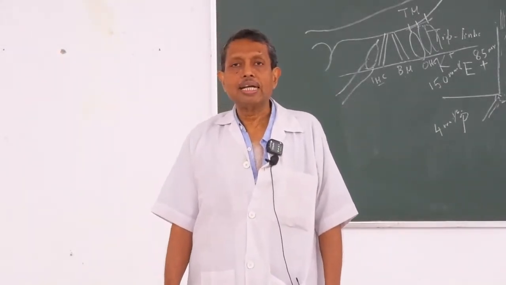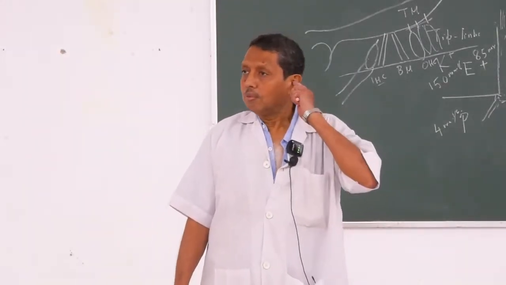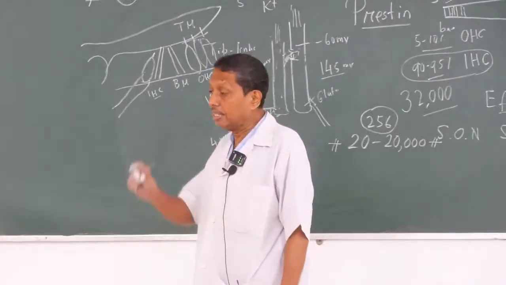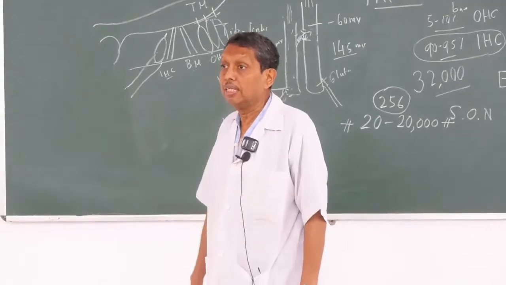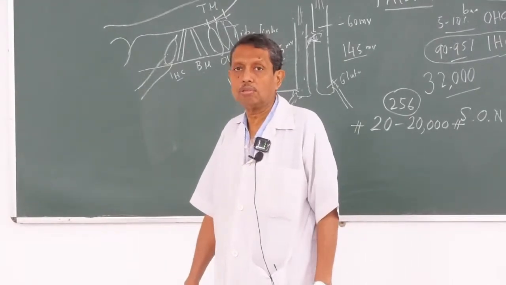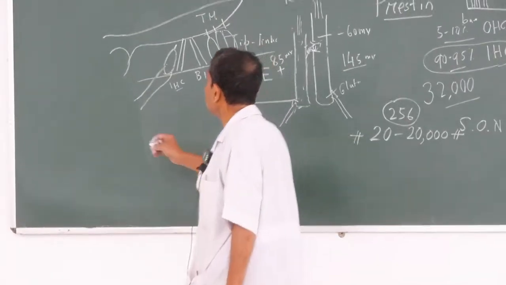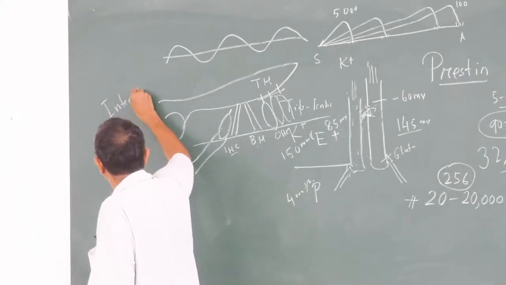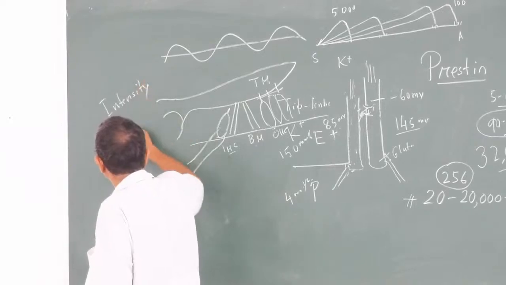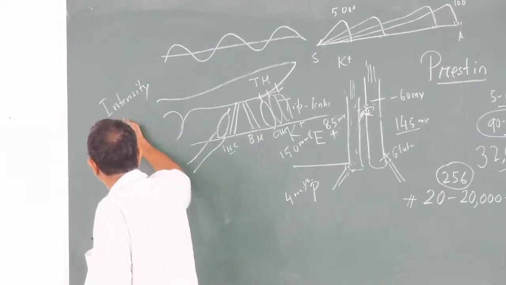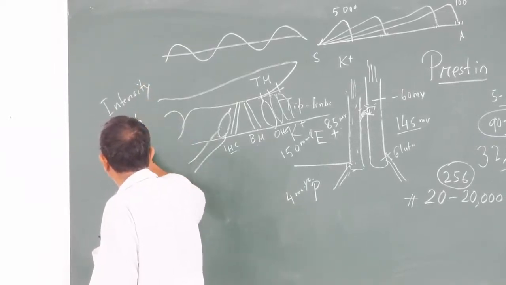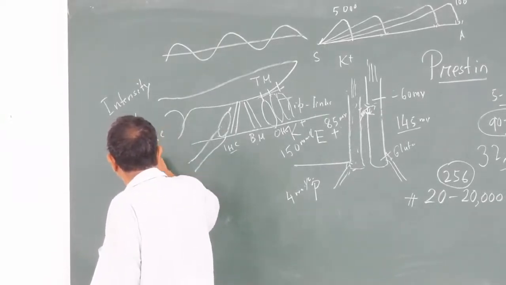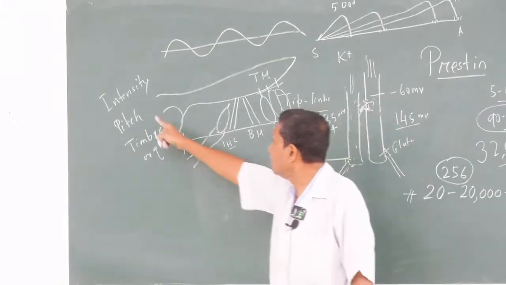And in that case, you have seen these types of waves. There are three qualities, three attributes or features of sound. One is intensity. Another is pitch. Another is timbre or quality. And intensity depends upon